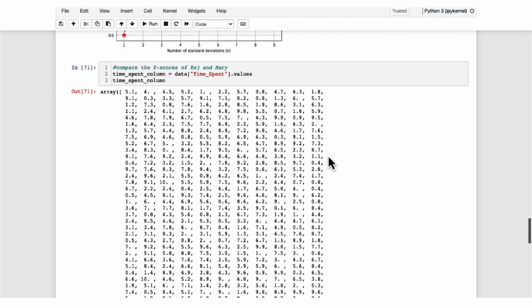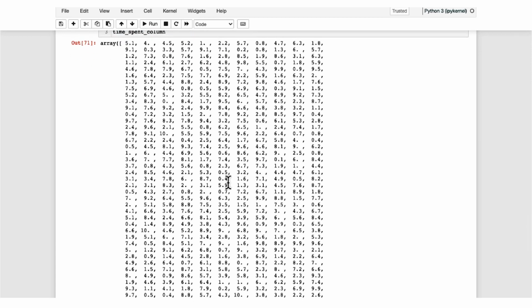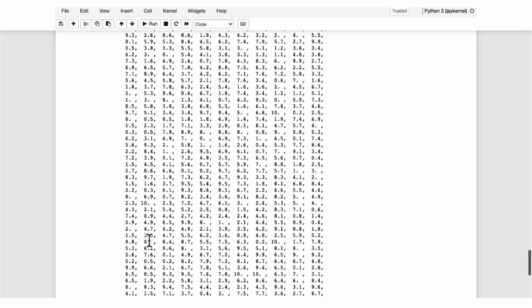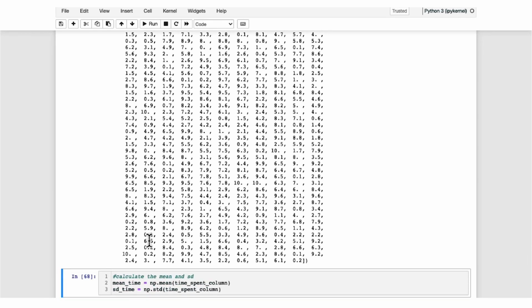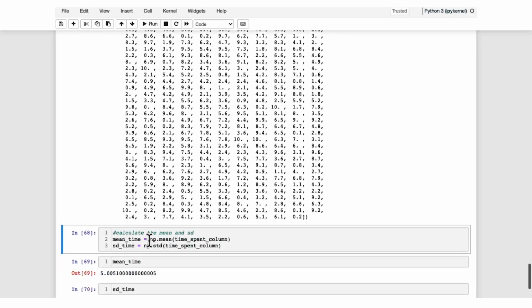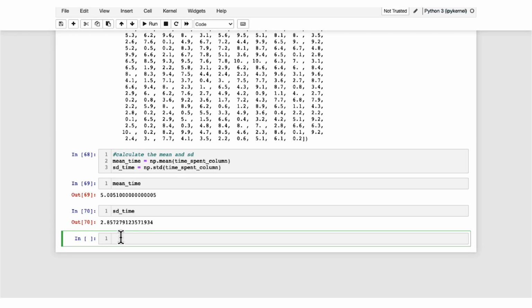Okay, so this is now in the form of an array, and these are the values. So you can see it ranges from 5.1, 9.1 is also there, 6.0, and it is as low as 0.5. So in this data you will have the time that Raj and Mary spent on this platform. So now let us consider that